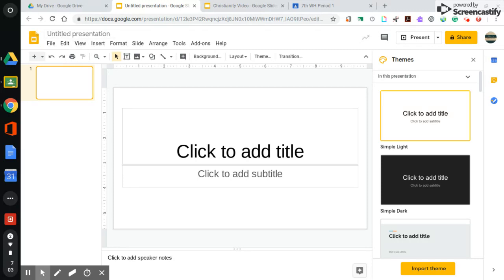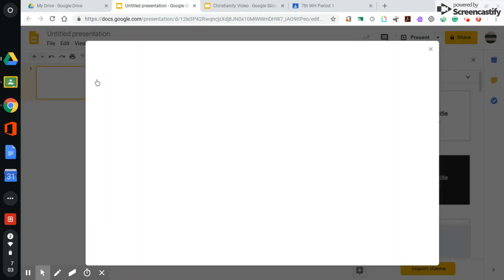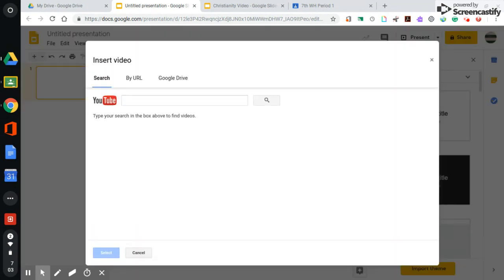So obviously, we would make a slide, okay? And then we would go up to Insert. And this is what I really like about Google Slides, and any of those Google tools, is you can go in and search